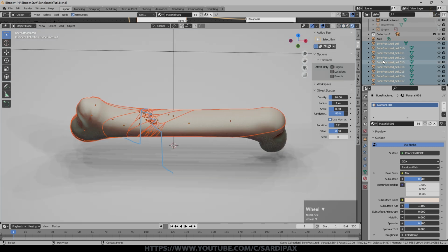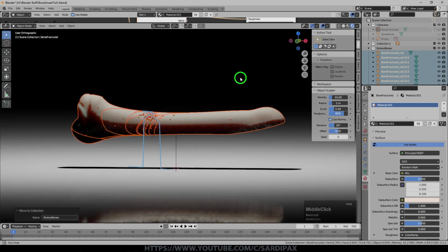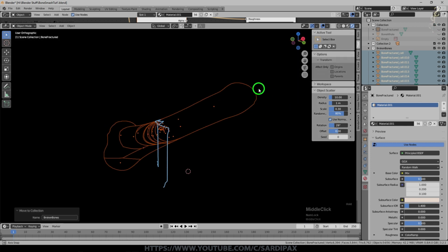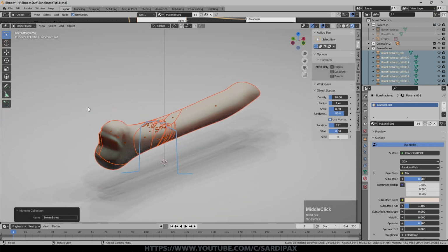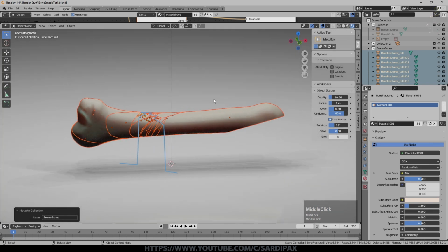So while we've got all of those fractured pieces there, I'm just going to press M and say new collection. And we'll just say broken bones, just to make it easy to deal with them, because there's quite a lot of objects there. So we'll turn off the bone fractured. And we actually are missing a piece of bone there. As I say, that will most likely be because of the issue with the geometry that I didn't fix over here, but you see everything else worked fine because the geometry was okay. I'm not going to worry about that for this demonstration.